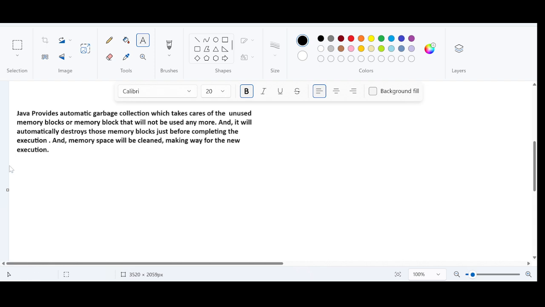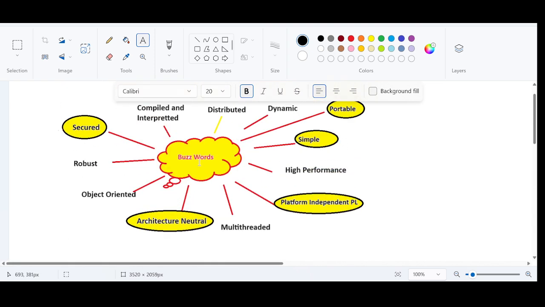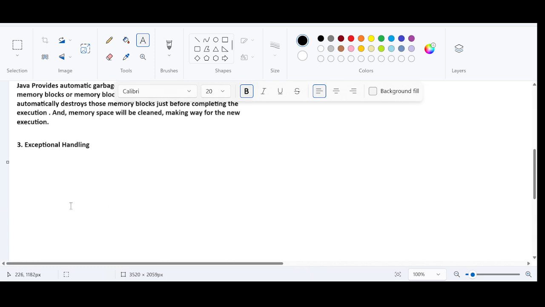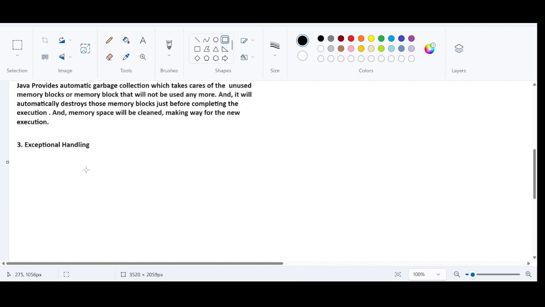Right? And thirdly, we have the concept of exception handling. If you ask me, exception handling is very simple. So far we have seen the errors. In my previous illustration, we saw the example regarding the strongly typed programming language. What does it mean? Java will make sure that the data we are trying to use as a declaration will be checked by the compiler. Likewise, any errors or exceptions happening at the runtime, for example,